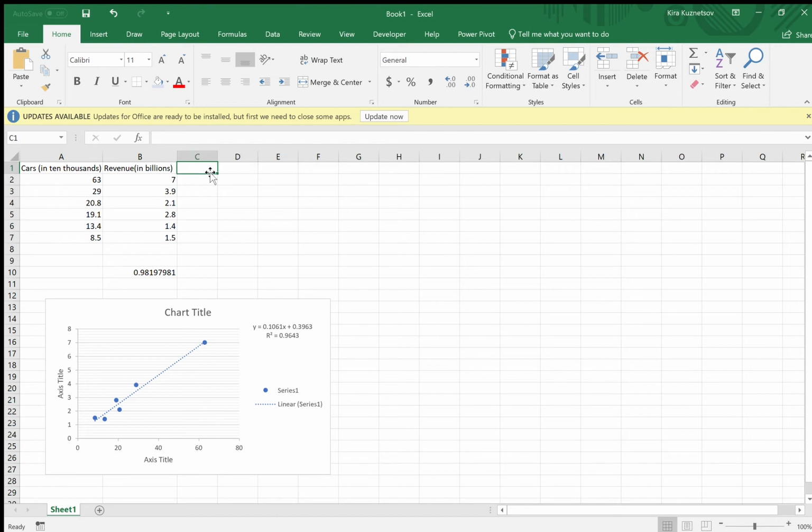So I have my line of best fit, and that one is equals to 0.1061, I'm reading off the y in my chart, times, that's the star, and I need to multiply by the x. That's the 63. So I'm going to choose A2 and add the y-intercept, which is